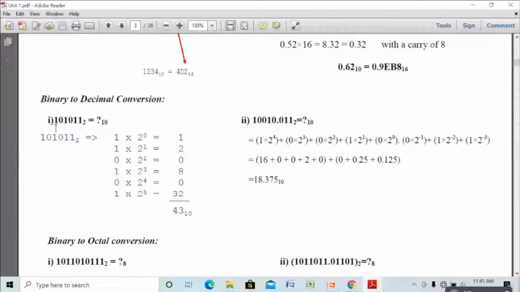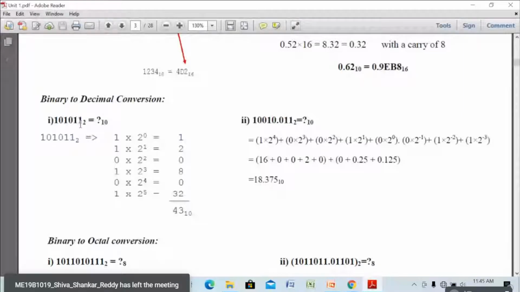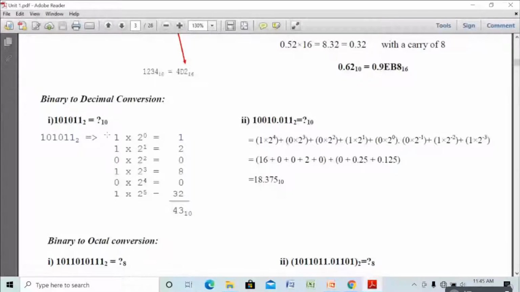Here the value is 1. What is its position? 2 to the power 0. 2 power 0 is 1, so 1 into 1 is 1. Then the second bit, its position is 2 to the power 1. 2 power 1 is 2, 2 into 1 is 2. Then here its position is 2 power 2. 2 power 2 is 4, 4 into